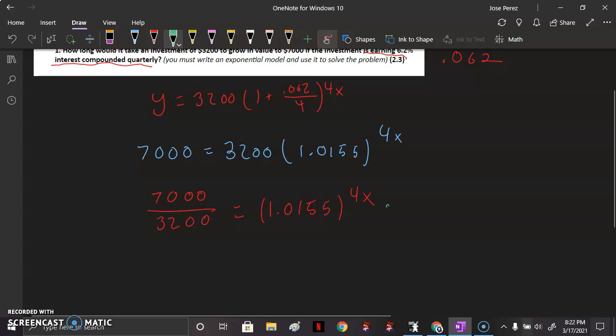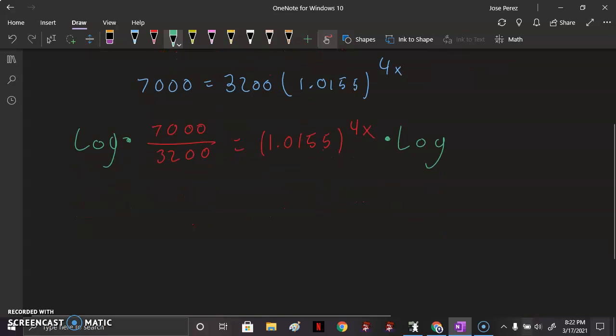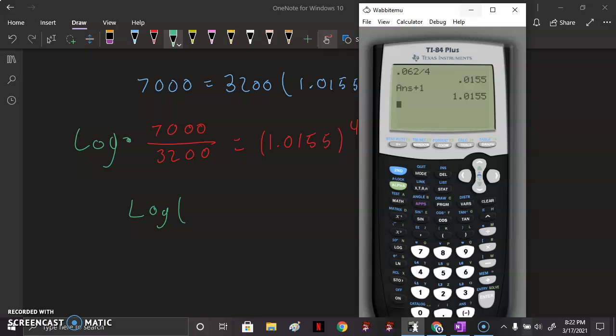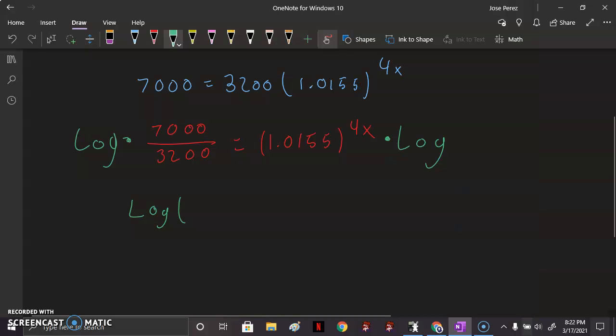Well, we have to take a logarithm on both sides of the equation. And after this, what we will get is the logarithm statement. I think we could simplify this. 7,000 over 3,200, we can divide by 100 on both sides, so it would be 70 over 32 equals